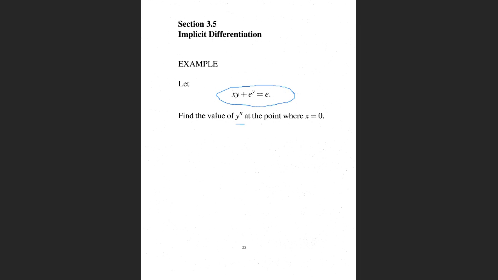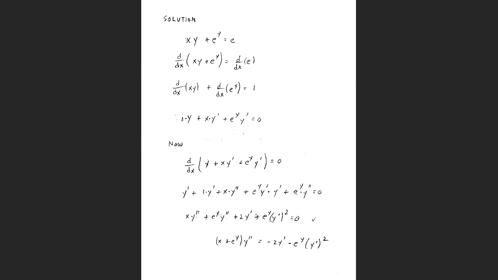Okay, so naturally we're going to use implicit differentiation to work this problem out. Again, we want to find the second derivative of y with respect to x at the point where x equals 0. Okay, so we do implicit differentiation, meaning we take the derivative with respect to x of both sides of the equation,